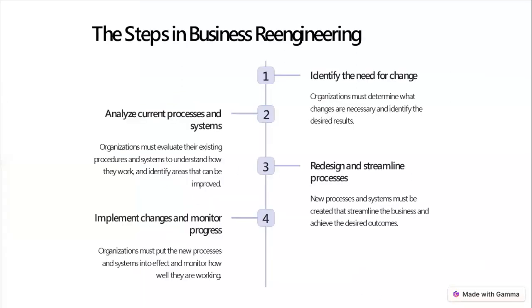Steps in business engineering. First, identify why we need this. Because again, you need to do a cost-benefit analysis, since sometimes you may engage an expert and it is not worthwhile. Some things are not worth engineering every now and then. So it has to be worthwhile, meaning you have to identify the need for change. Do I really need to change? Maybe I don't need to change. I'm just okay, or the change doesn't bring anything beneficial. So you would easily stop at the first step.